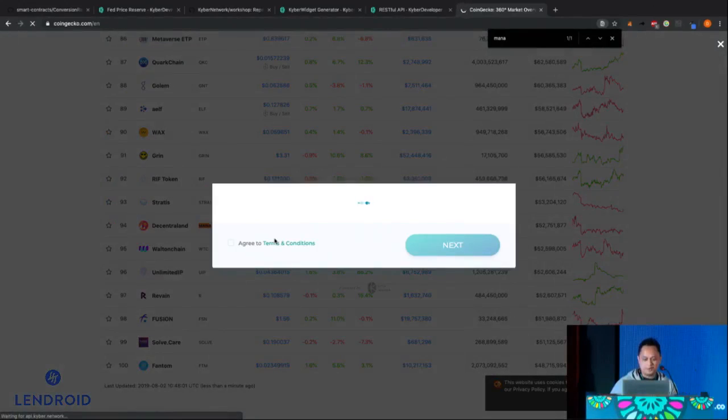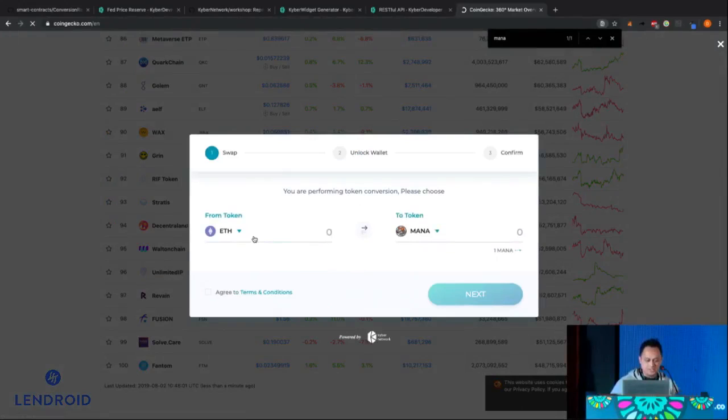Hopefully it loads. Yeah, here we go. So here you can see that by integrating the widget, they can allow their users to easily swap between the many different tokens within their website. So without even having to go to, let's say, Kyber Swap, right? So if you have this kind of use case for your application, then you can look into our widget